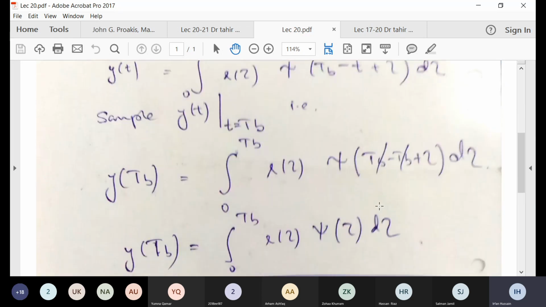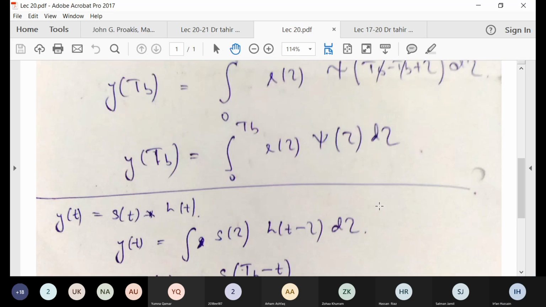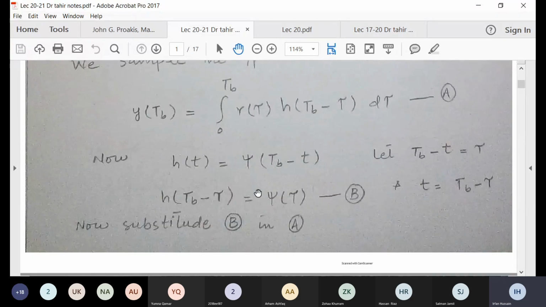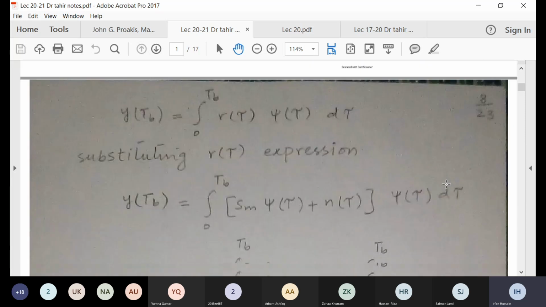And again, the output will be r of tau into psi of tau. So the same thing is represented here, but Dr. Tai has done two number of steps. The process is the same. You can do any type of calculation. So I follow my calculation. The result will be y of tb will be equal to